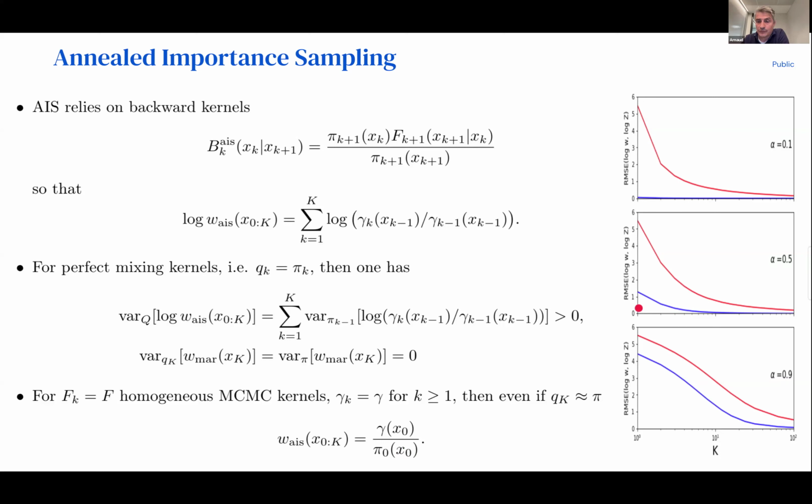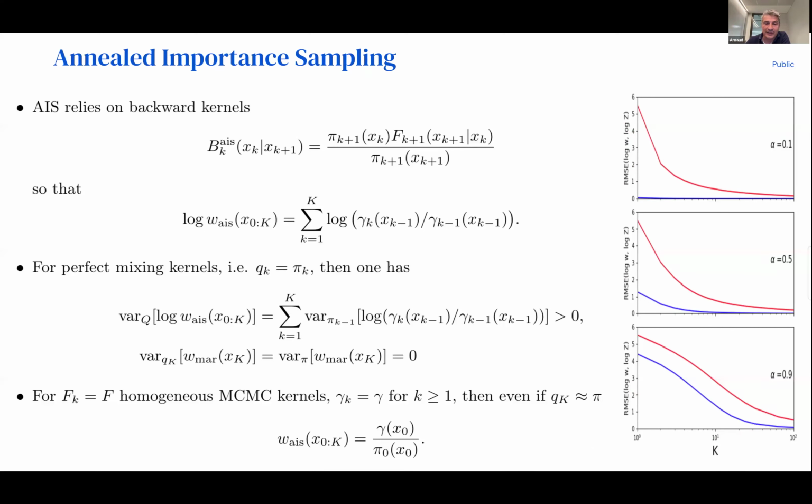Okay, so here I give you another illustration of a simple toy example where we can compute essentially the exact marginal distribution, because we are dealing with a simple Gaussian target distribution with Gibbs sampling on annealed importance sampling. And we see, so this is here the RMSE in terms of the log weight minus the log normalizing constant, which is known exactly in our case. And we see that basically it is much higher for this kind of AIS mechanism than it is obviously for the algorithm that could use the marginal distribution.